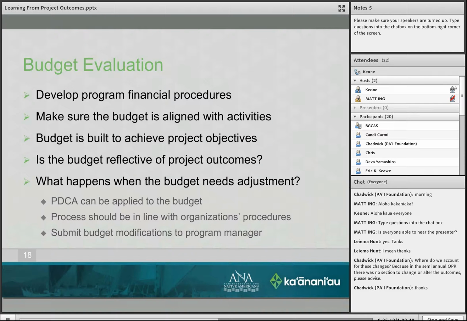You make sure that the budget is aligned with activities. One of the things that a lot of people fail to realize is that the monies that are given to you are, even though it's not stated as such, already allocated to certain things.